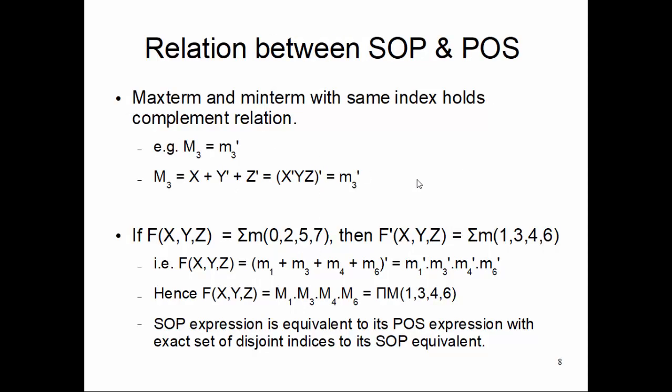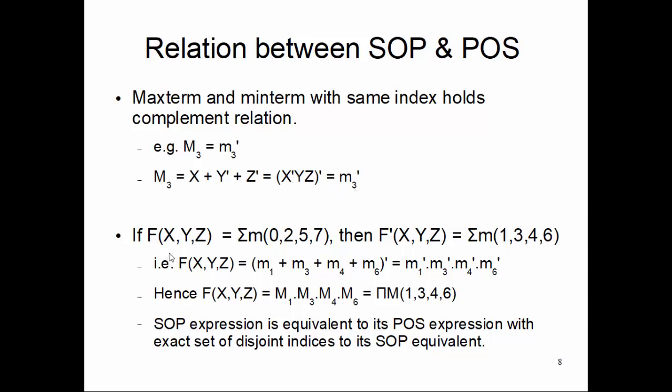So we are using De Morgan to understand that relation. We had an example with M2, and M3 has the same relation. Your M3 is nothing but the complement of min term 3. So this is just an example I'm giving you. Your max term M3 is x or y bar or z bar, which is nothing but x bar, y, z whole bar by De Morgan's theorem, which is nothing but the complement of min term 3.